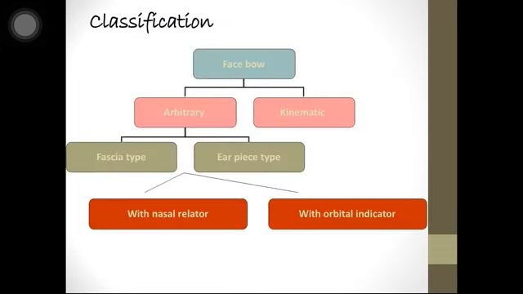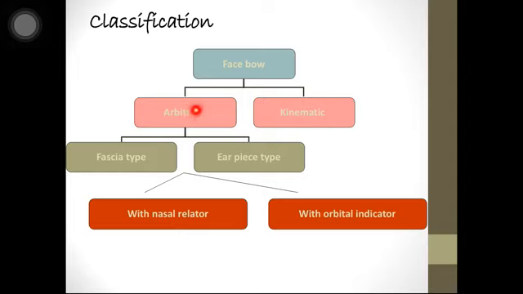Now the face bows we have arbitrary and kinematic. First we talk about arbitrary, in which we have fascia type and earpiece type. The earpiece is also called external auditory meatus, and the fascia type is where it is located on the skin. In the kinematic face bow, the exact opening axis of each individual patient is recorded, but in cases of